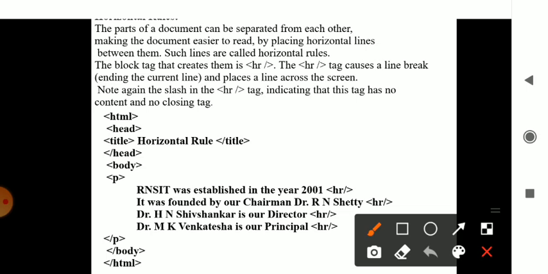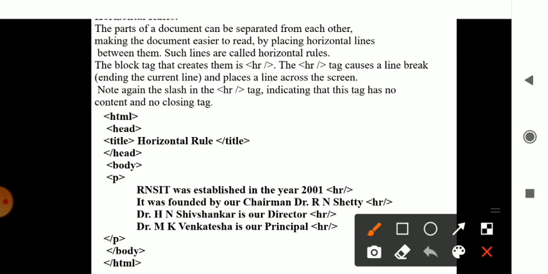Each and every line will be separated from each other, and a line is implemented in that particular section. It's a horizontal break. I want to use a table. In that table, or in the paragraph, I want to implement a horizontal line. Then I will be using the HR concept. So the HR slash tag is nothing but the horizontal lines which are implemented in any of the text when you are using the HR.